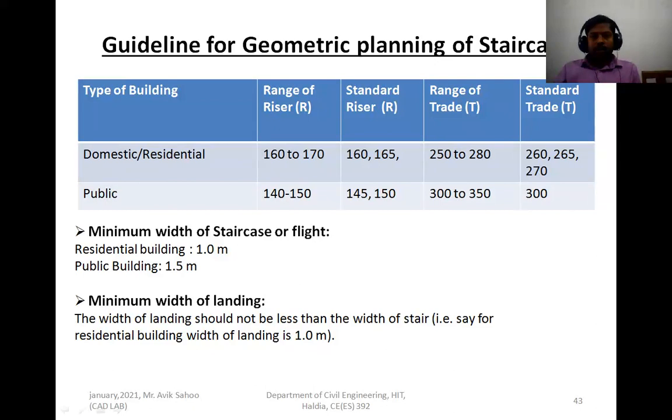To make the floor plan and the building drawing, the staircase planning is very important. So first you make the plan of the staircase. How do you plan the staircase? You follow a few guidelines to make the plan of the staircase. You now know that two types of buildings are used. One is domestic or residential, and another is